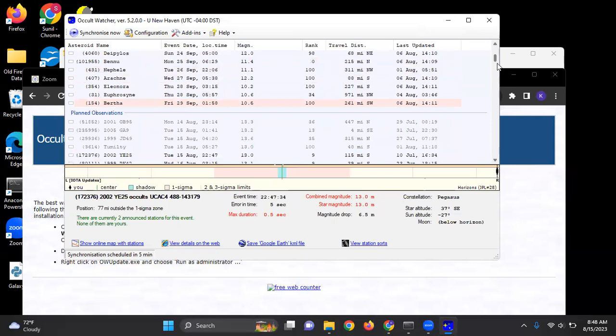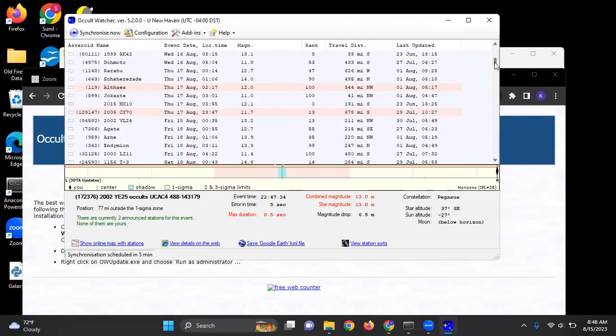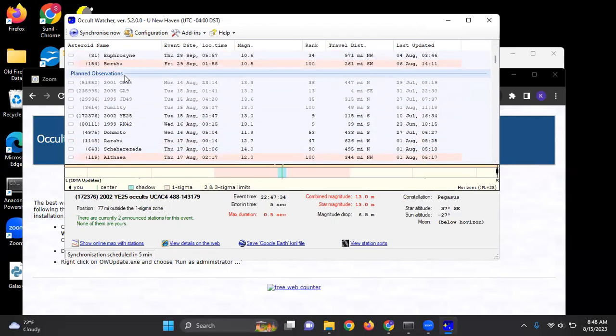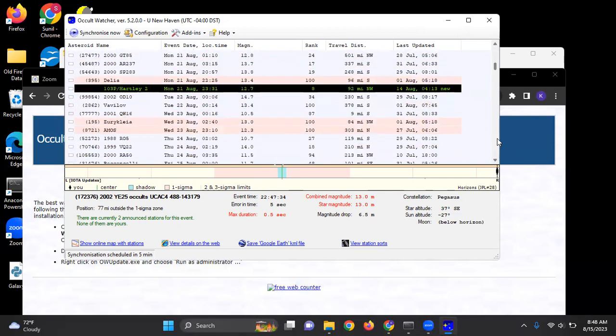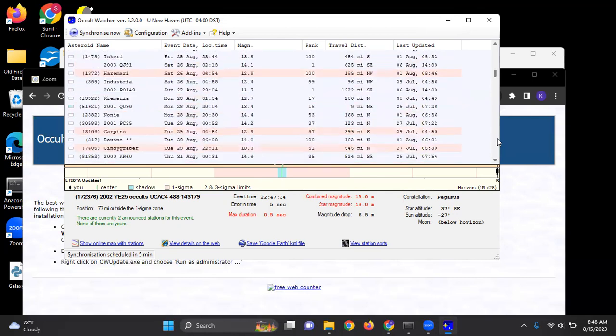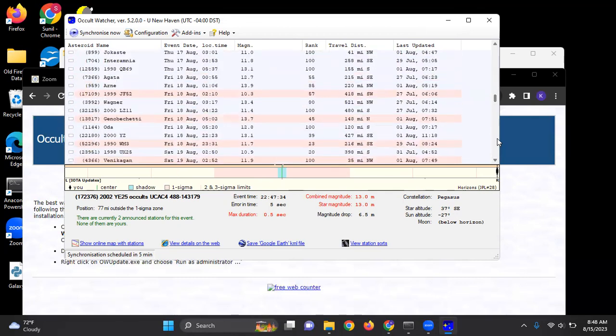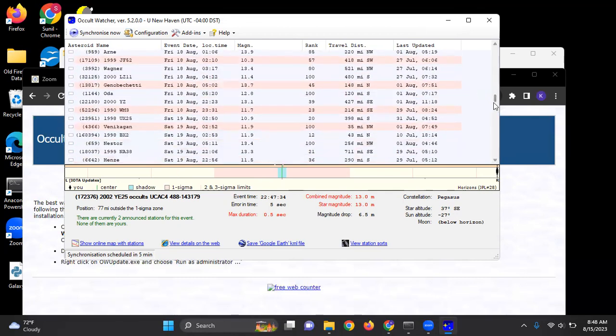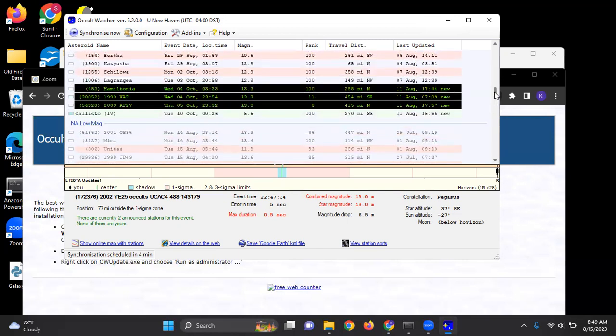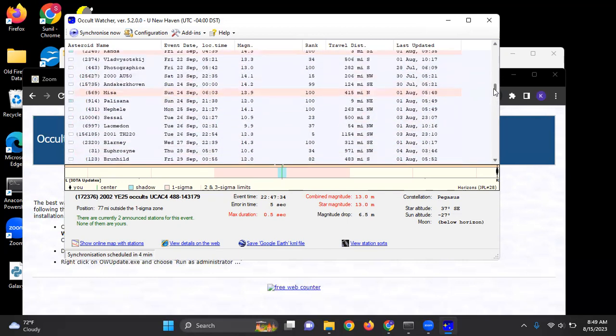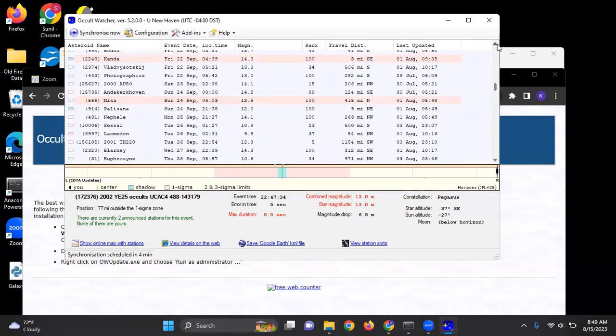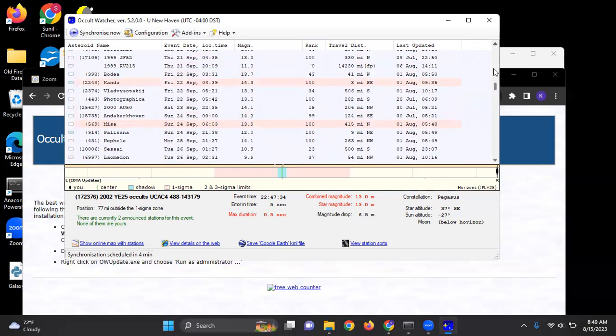If we come down to another one, and then this is the planned observations feed. So if you announce that you are going to be looking at an event, it will be in this feed. And I'm going to come down into September, maybe. These are still in August. Oh, here we go. September 24. And in September 24,